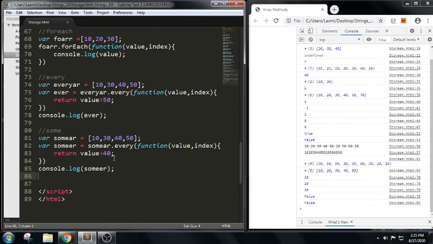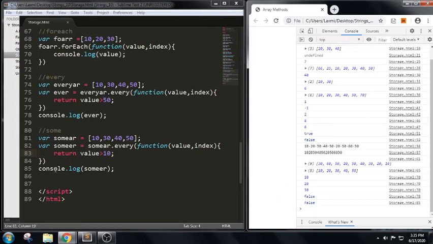Let us see if somewhere we have done something wrong. Some error, yes. If we can see in line number 85, we are getting an error. The value and condition, we are trying to check if the value is greater than 40. So let me put 5 here, or else no, we are getting false.